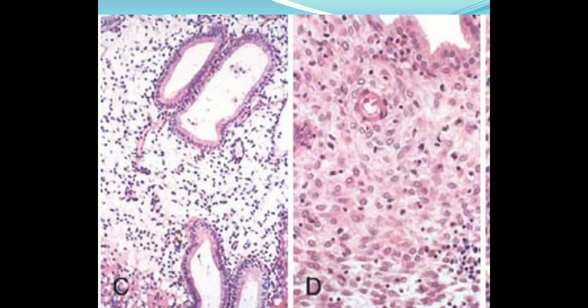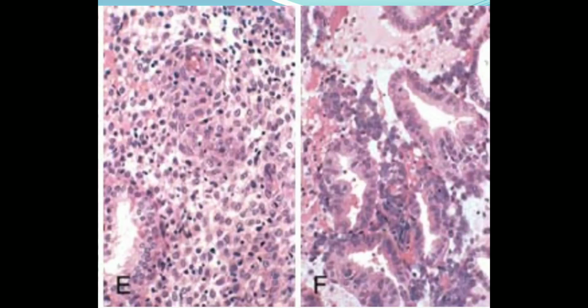Also another feature of the secretory phase is that progesterone can lead to decidualization of the stroma. In the second picture you can see the stroma has a little more amount of cytoplasm. So this is known as decidualization of the stroma. That is also a feature of your secretory phase. Here are more pictures of the secretory phase stroma. You can see even very dense, very abundant cytoplasm of the cells lining the glands. That is also a feature of secretory phase endometrium.